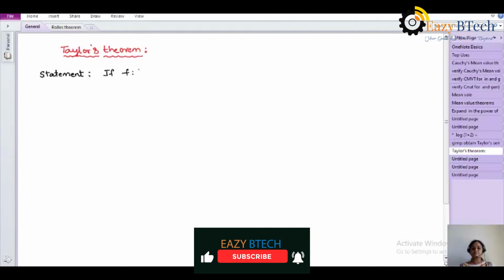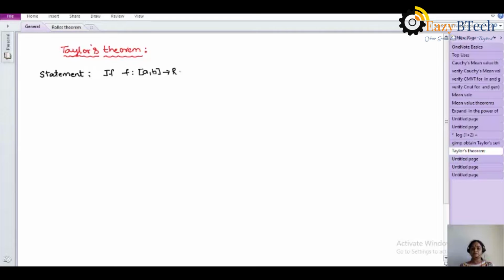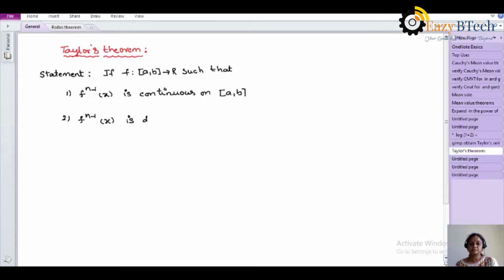If f maps [a, b] to R such that f power n minus 1 is continuous on the closed interval [a, b], and second condition, f power n minus 1 is derivable on the open interval (a, b), then there exists one value theta belonging to the open interval (a, b) such that